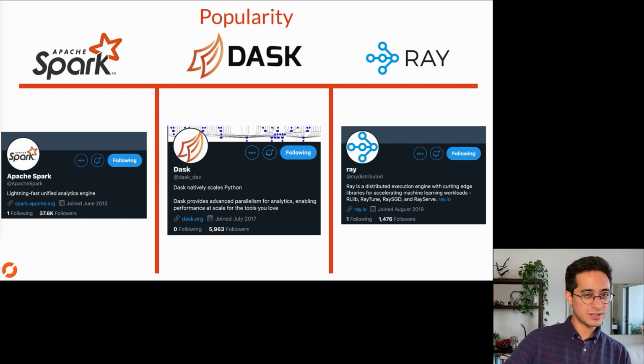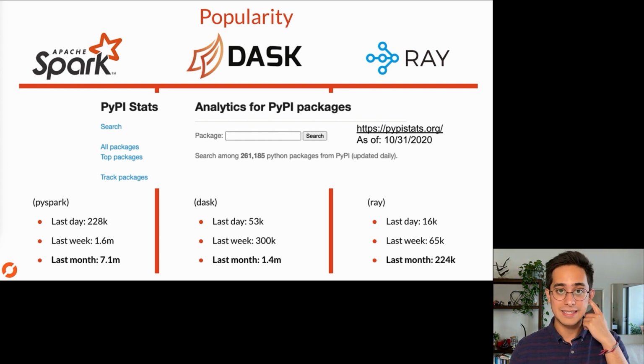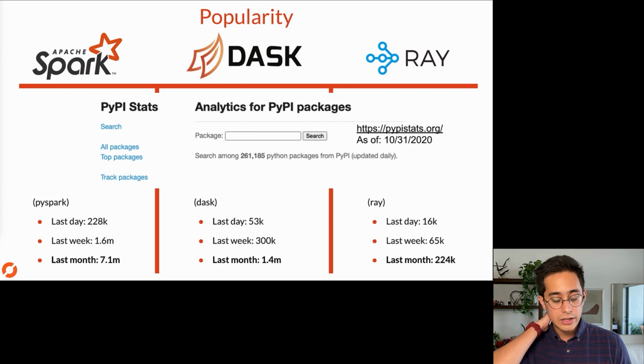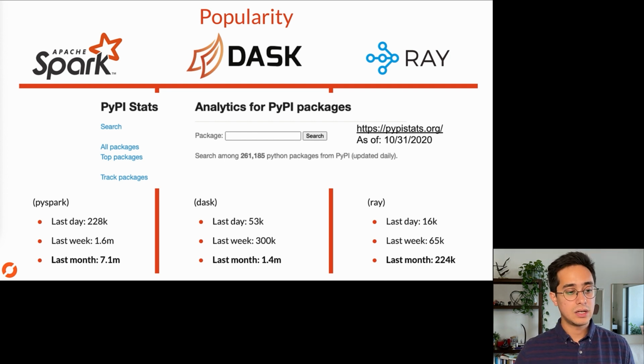But I have a better, more scientific metric here, which is PyPI Stats. This is pip install package: how many times does that happen? It doesn't necessarily mean a net new user or a specific individual. It probably means more automated jobs doing pip installs daily or on some other schedule. But it still gives a good relative comparison of how popular the tool is, because if a tool is being used daily for a job that's always pip installing, then it's probably being used a lot and it's probably popular. So Spark here has the most at 7 million, Dask at almost 1.5 million, and then Ray's there at 200,000. This is as of October 2020, but hopefully that gives you, again, a relative idea of the popularity.